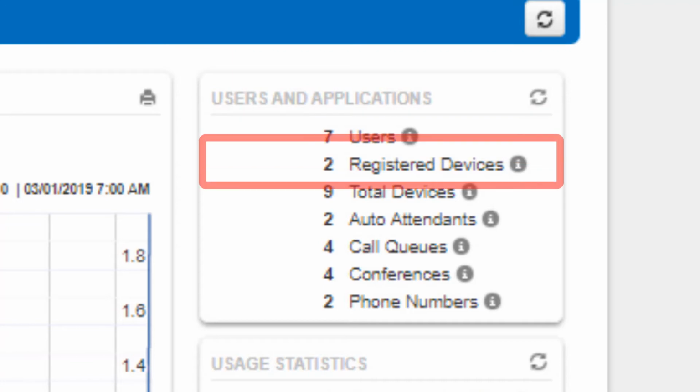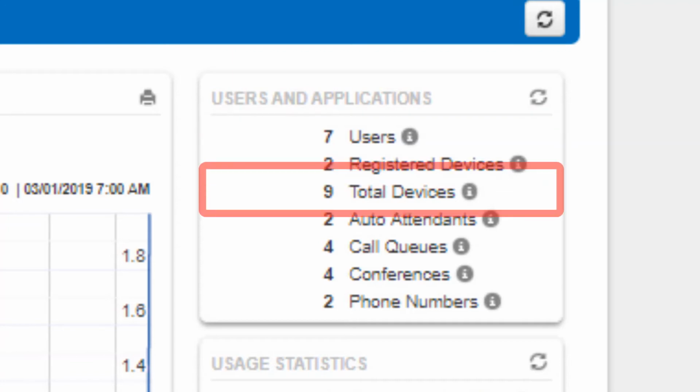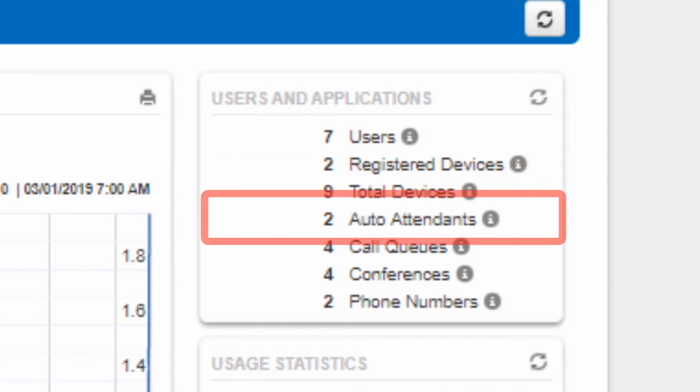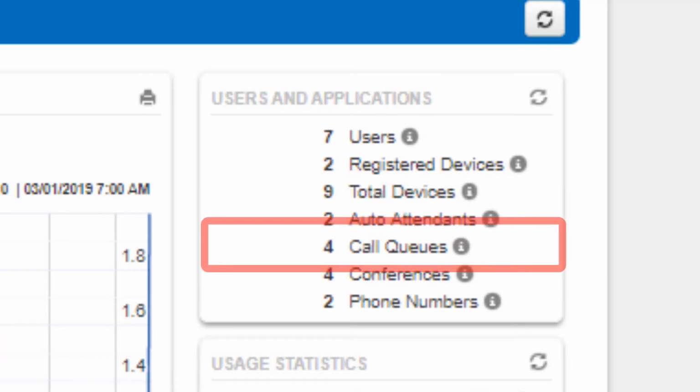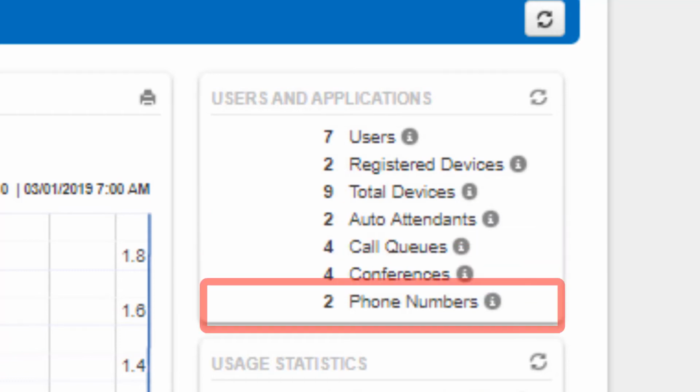To the right, you will see the users and applications panel, which displays how many users the domain has, how many devices are registered to the domain, how many devices total can be registered to the domain, how many auto attendants the domain has, how many call queues the domain has, and conference bridges, and how many phone